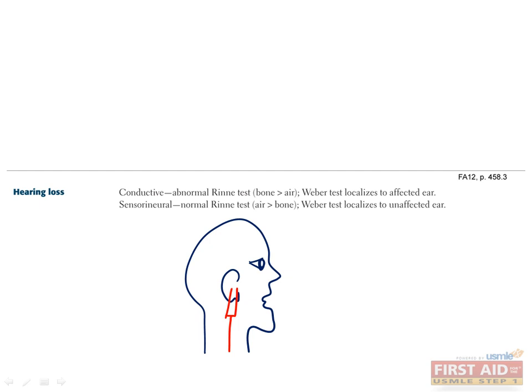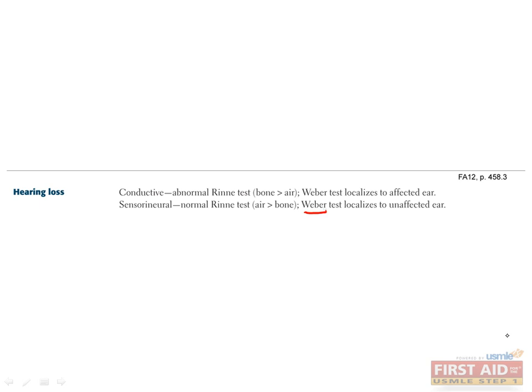When the latter sound is louder, meaning that air conduction is greater than bone conduction, you have a normal result. If bone conduction is louder than air, the Rinne test is abnormal and the patient may have a conductive hearing loss. The second test is the Weber, which involves placing the end of the vibrating tuning fork in the middle